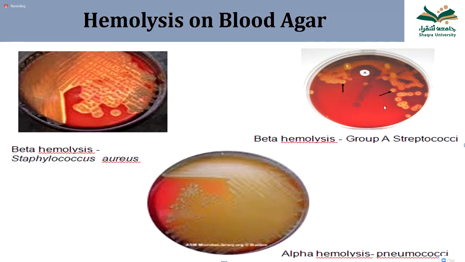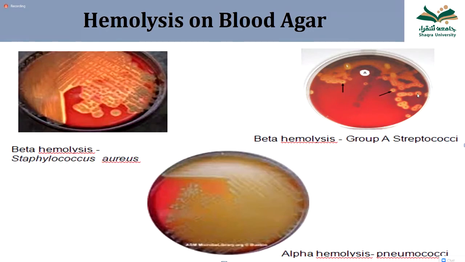What is the arrangement in the right picture? Your name is Saad? Yes. Arrangement is to be described in gram staining. Do you think this is gram stain? No, doctor. So if it is not gram stain, arrangement is not to be mentioned here. The arrangement is only important for gram stain. Here you have to see the colony. And around this colony, it is the hemolysis, because on the blood agar, you have to comment on the hemolysis.